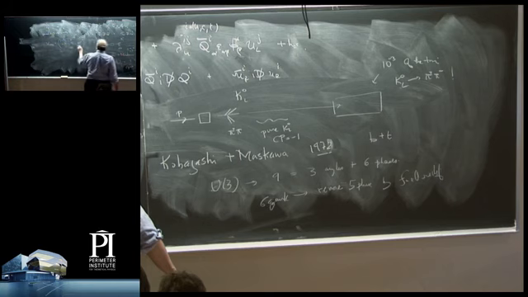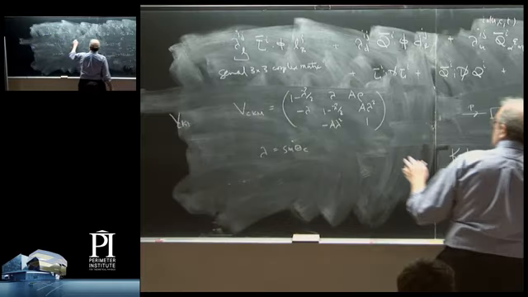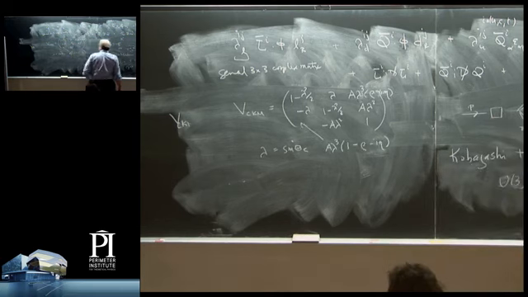This is a very useful parameterization. Lambda is the Cabibbo angle. And the matrix written in this way, up here you would have A lambda cubed (rho minus i eta). And down here you would have A lambda cubed (1 minus rho minus i eta). So that's a representation of the matrix which has the following properties.